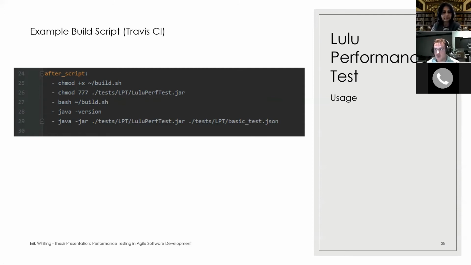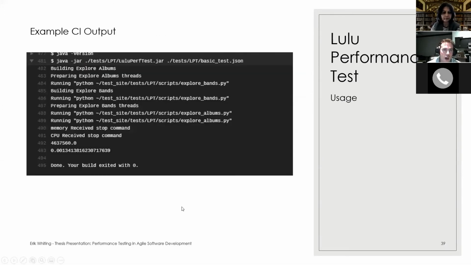In Travis CI, which is almost like a cloud with their own infrastructure, they're going to build the application, and they're going to run this performance test, and you're going to be able to see the results. That's how CI works. Here's an example output. I'm going to show you a more recent output in a little bit when I do a demonstration, but this is how it would look.